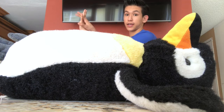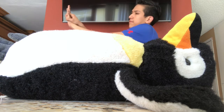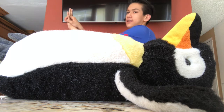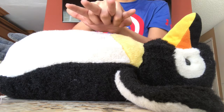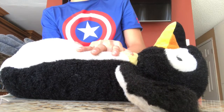you have to get a hand and interlock it with the other one on top. For me, it's the right hand over the left hand. You interlock them, and then you place them right in the middle of the sternum, aka between the nipples, right here. And if you're in an emergency with two people,